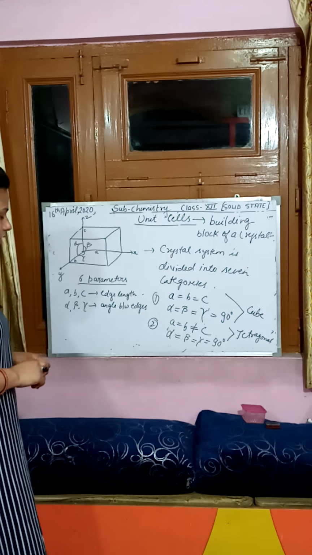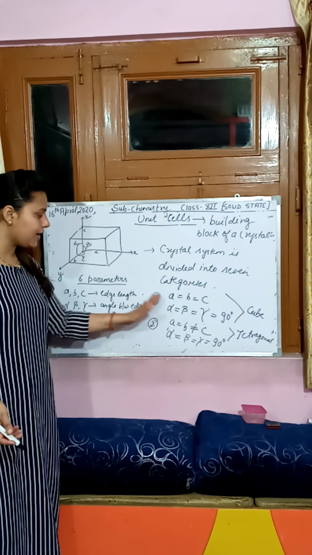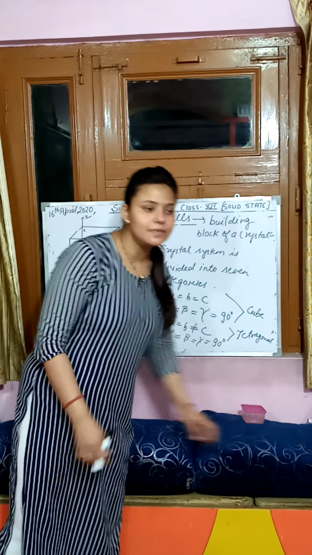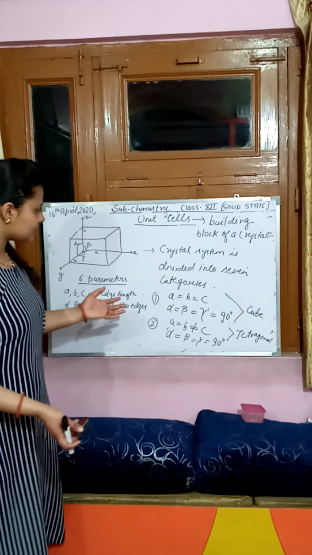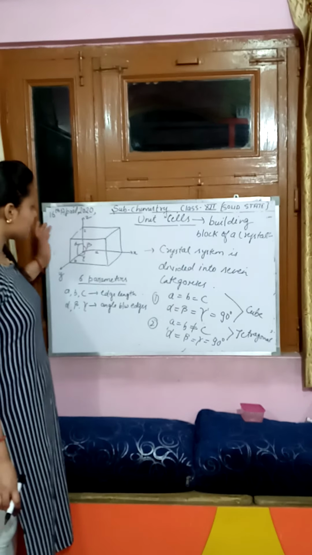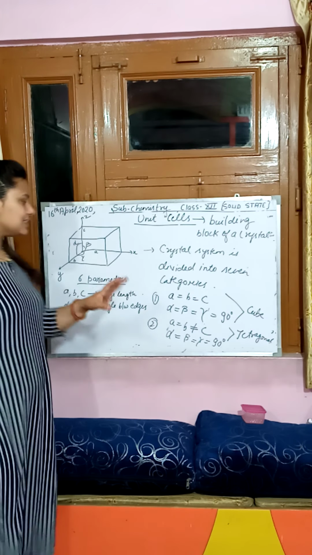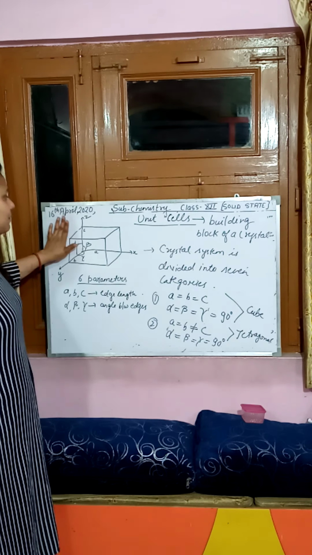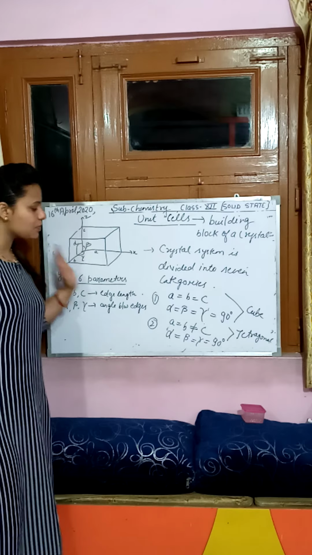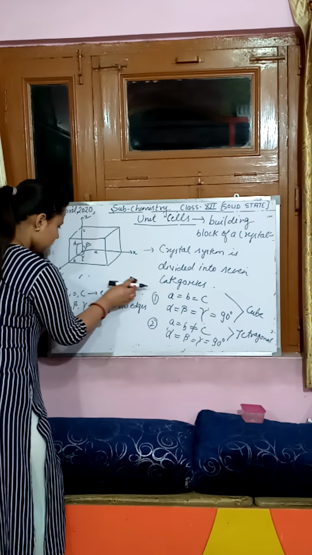So this is tetragonal, and in a similar way, these are divided into 7 kinds of crystal system that we have already discussed in the last class. So I hope it is clear to you how we can say that 7 crystal systems are divided. But we are basically considering the cubic unit cell. We simply do our calculation by considering the cubic unit cell. But you must be clear about all the types of unit cell. Okay. So I hope that it is clear to you.